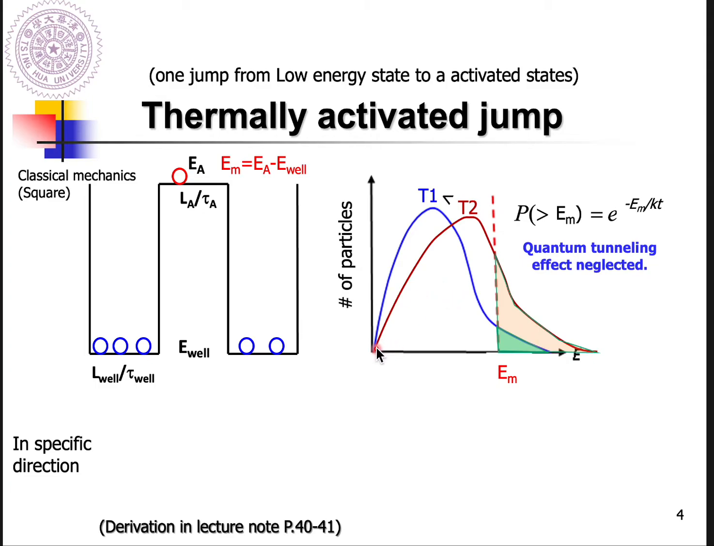And if the temperature is at T1, we know we only have this small portion of atoms with higher energy, higher than EM. So this portion of atoms, these numbers of atoms, can successfully jump from this low energy state to this activated state. While we increase the temperature of the environment to T2,